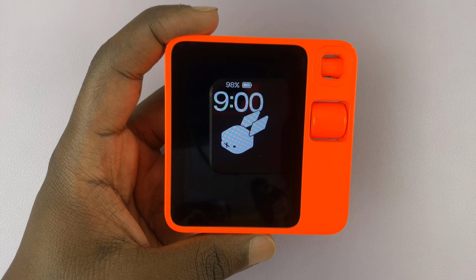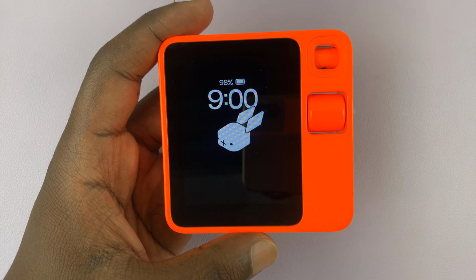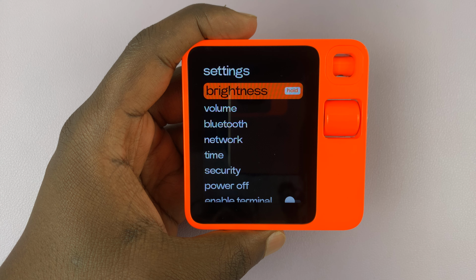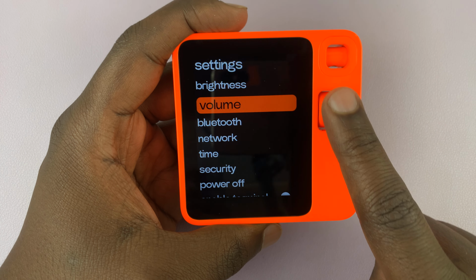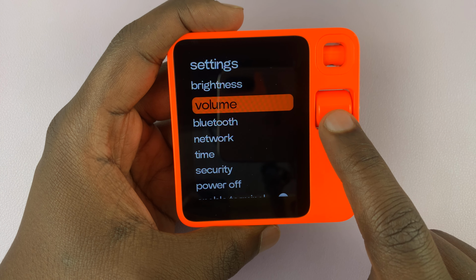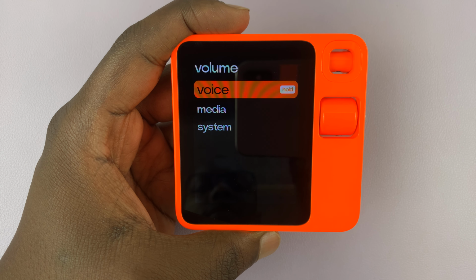I have the Rabbit R1 and I'll be showing you how to adjust volume on this AI box. So just give it a good shake to get into settings. And on the settings page, you'll notice you can scroll using the wheel. So just go to volume, and to select that, just press the side button, and that's going to get into